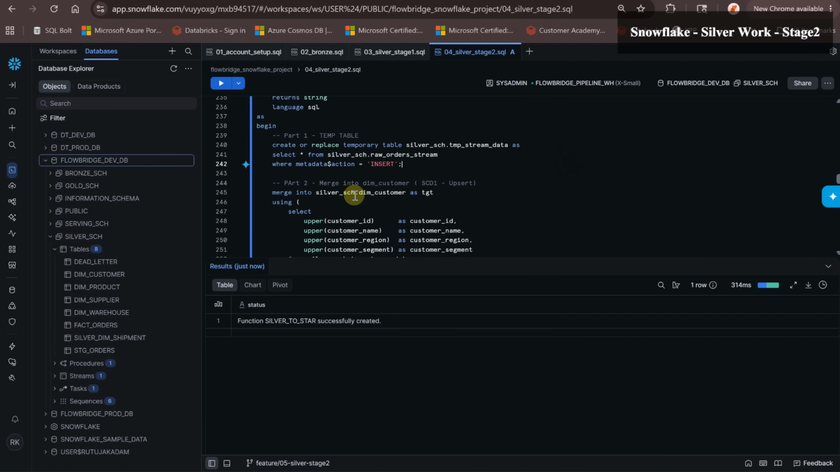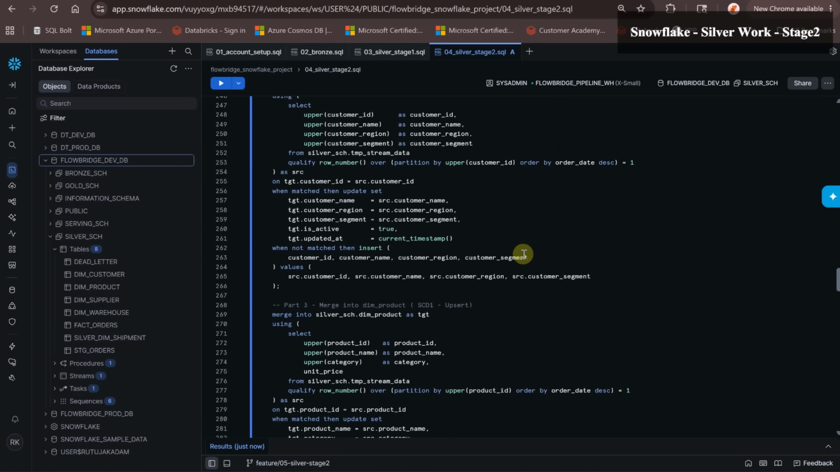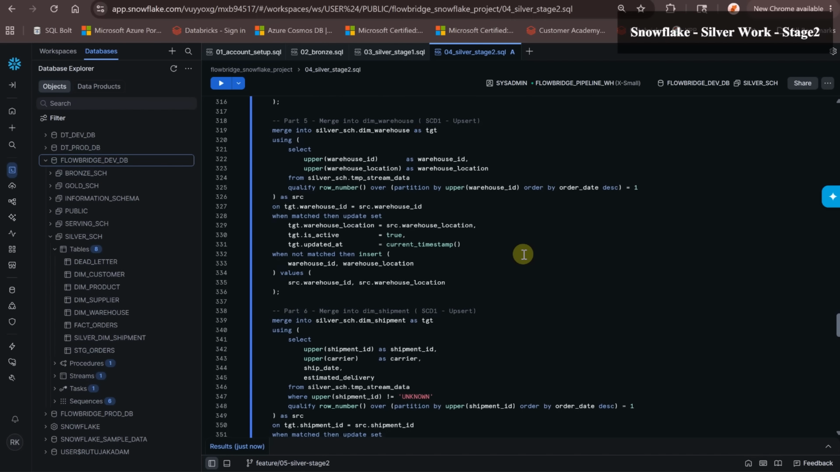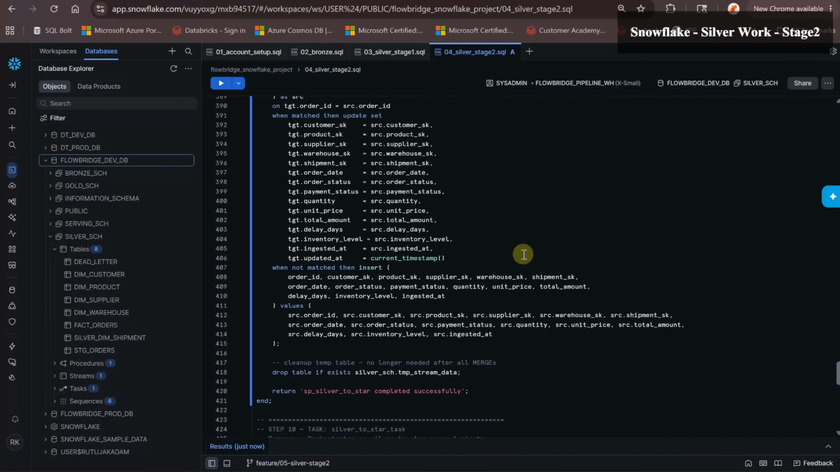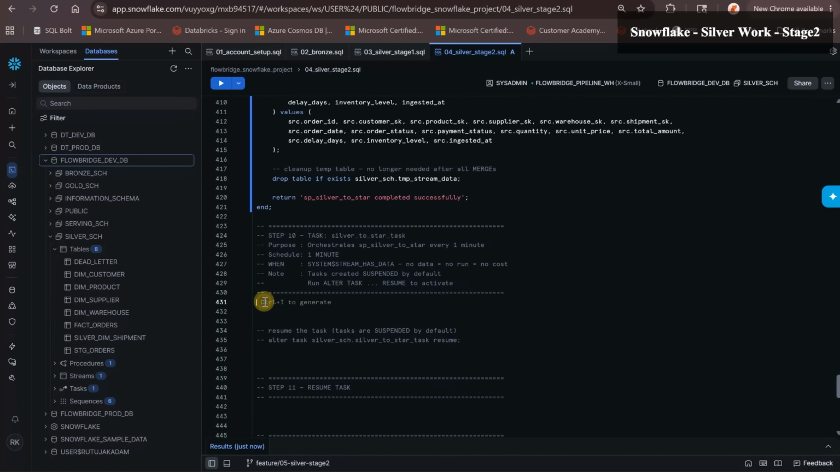Okay, so now our function has been created successfully. Now let's move ahead to our next section, which is to create a task. We need to create one task to trigger this stored procedure. So our task name is going to be silver to star task, which will orchestrate the stored procedure we have created every 1 minute. And it will run when we have stream data in it, so that it will not keep running for no reason, and it will avoid